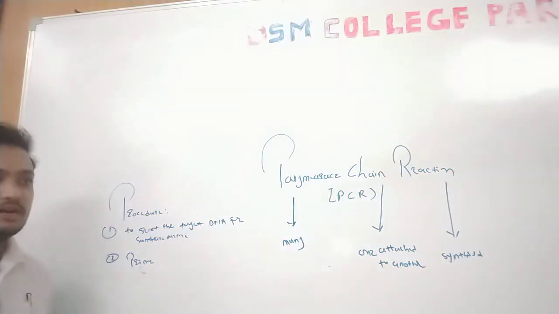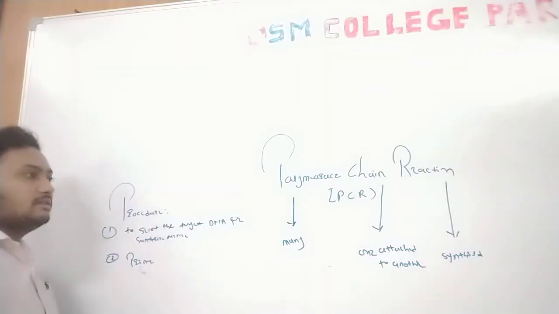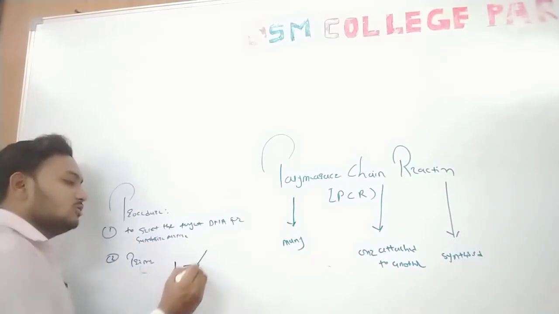This cycle continues, and every 1 minute 15 seconds is the completion of one cycle. So in about 30 minutes we carry out millions of copies of the DNA, because this is the mechanism of the PCR cycle, where one DNA molecule synthesizes 2 DNA molecules.